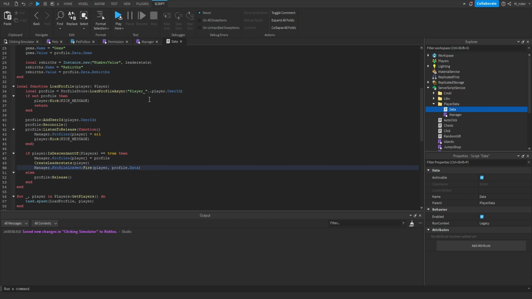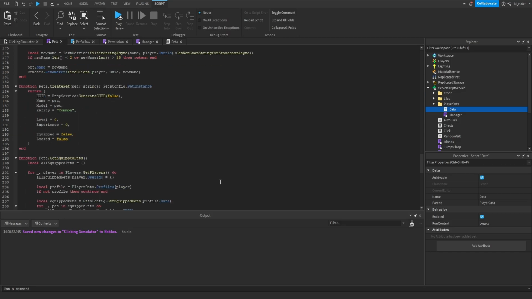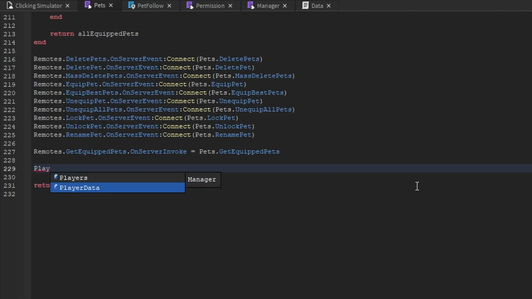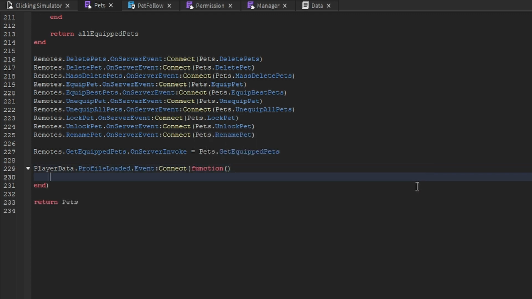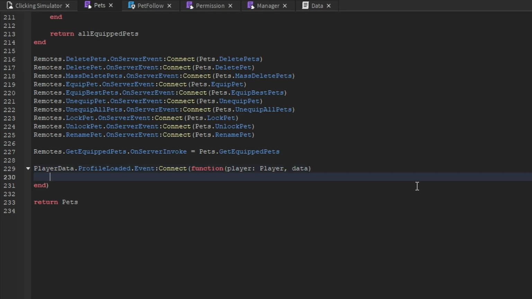So now to actually connect to that event, we're going to go inside of the pet server script, and inside of here, we're going to go all the way down to the bottom. And now on the very last line, we're going to say playerData.ProfileLoaded.Event, and then we're going to connect this to an anonymous function. Now the arguments of this anonymous function are of course going to be a player and their data, but we're not going to type assert the data. What we're then going to do is create a variable called equippedPets, and that's going to be equal to